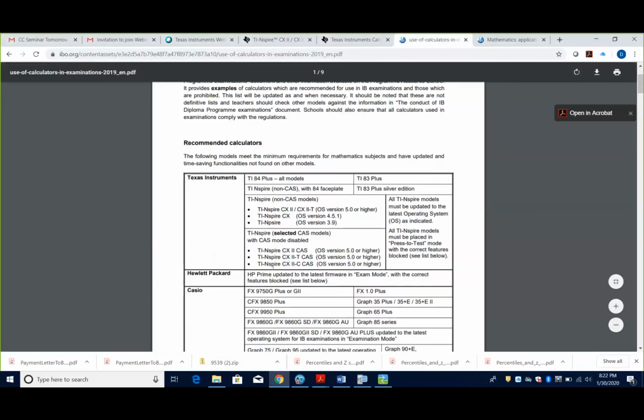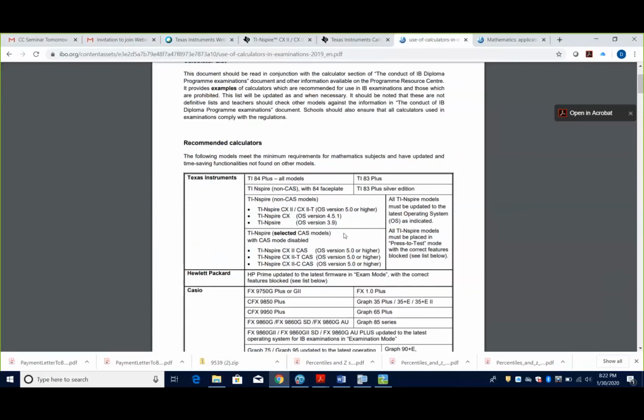The TI-Nspire CX2 with the CAS is available, but there's a brand new feature in the CX2 CAS version: you have the ability to turn off the CAS functions. When they take the exam, if you turn off the CAS through Press to Test, they can use those calculators.